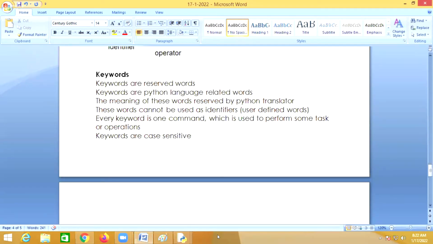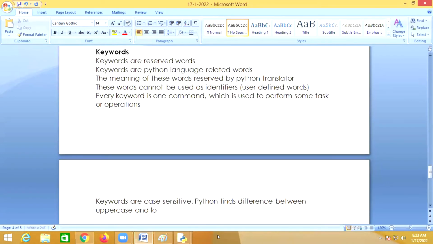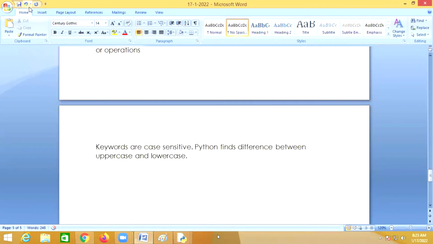Keywords are case sensitive means Python finds the difference between uppercase and lowercase.